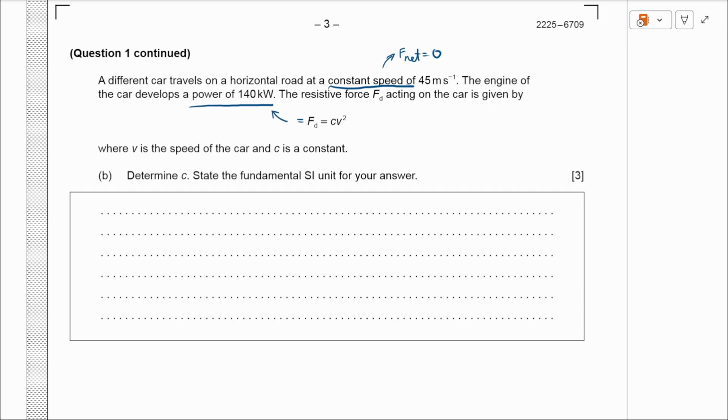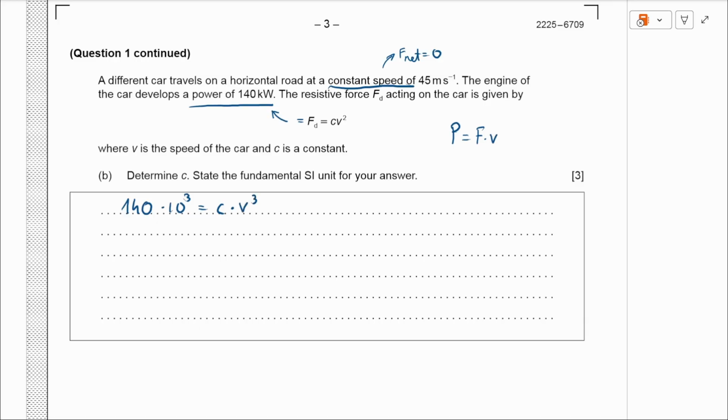And so if we know this force and we multiply this with v, we know that power is just force times velocity. So if I multiply this force by velocity, then I get the power that I developed, which I know is 140 kilowatts. So I'll just use 140 and then I'll convert to SI units, as we want C in SI units. So this is the power developed, and this is equal to our constant times our velocity squared times velocity,